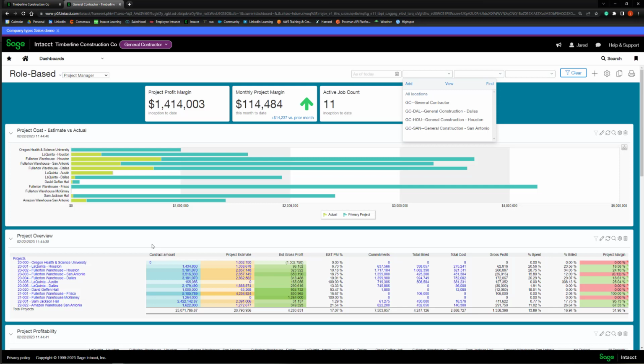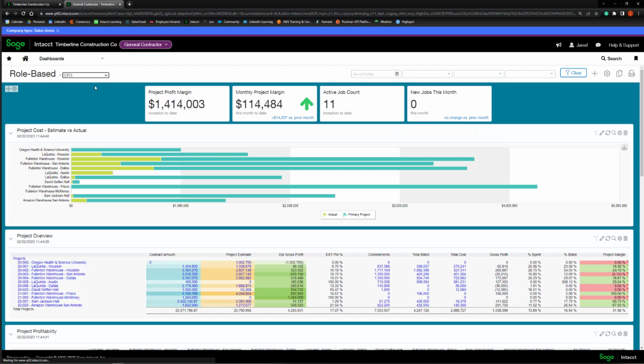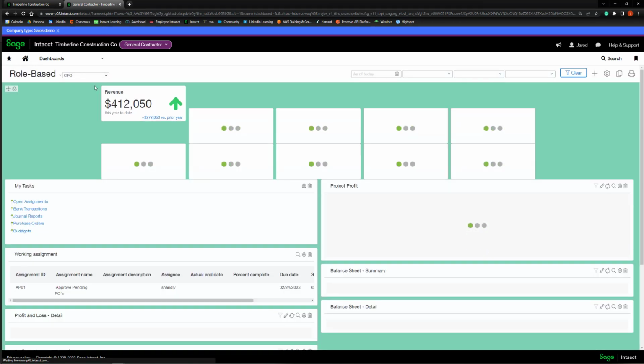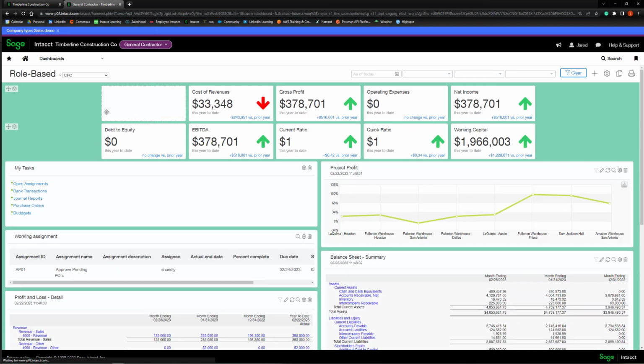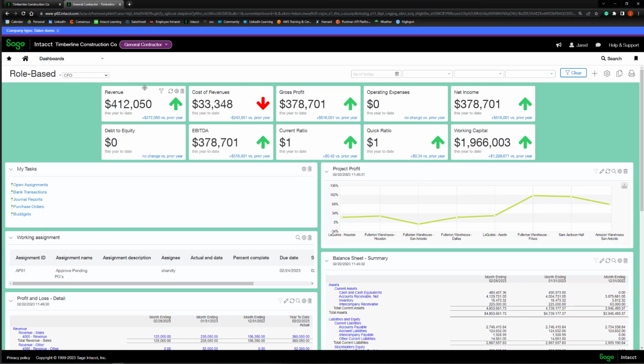All right. So taking a step back into the dashboard, I do want to toggle over to kind of a CFO's view of what we might be able to see. Again, just keep in mind, you are absolutely able to navigate to move these different pieces and tiles around to best fit your need, or even if you wanted to, add in different reports, and we can talk more about that in a later presentation. But what we see on here is essentially what a CFO might be viewing. So we have our overall revenue, what we've done year to date versus prior years, any operation costs,